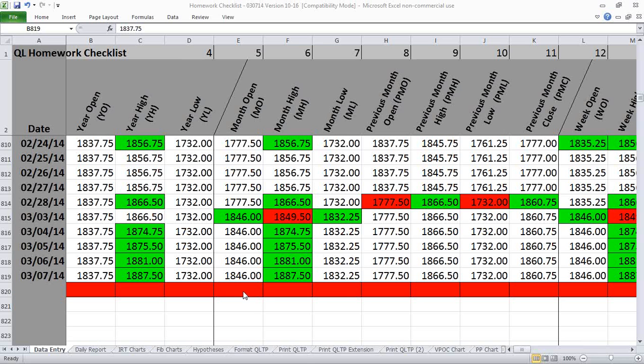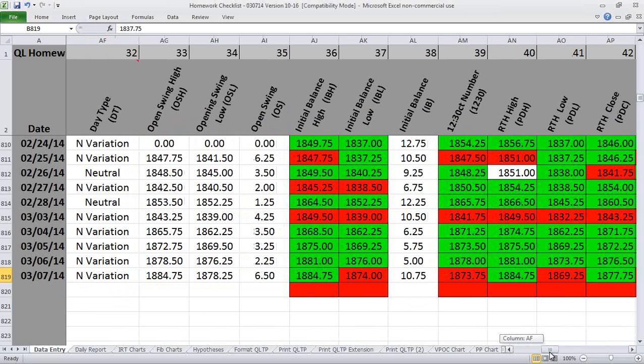Our month low last month was 1832.25. We all know how important that number was. That was right at that prior microcomposite VPOC of the balance area that we broke out of to go make this new high. So this is a number that I'm paying close attention to. Nothing else really jumps out in terms of the macro numbers.